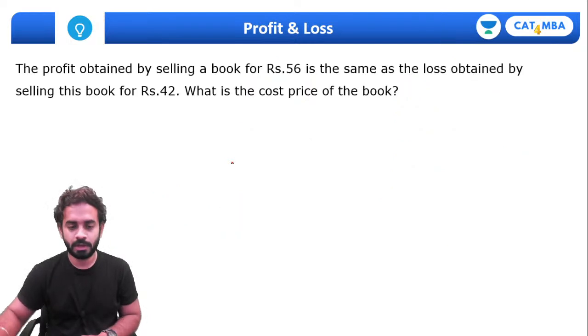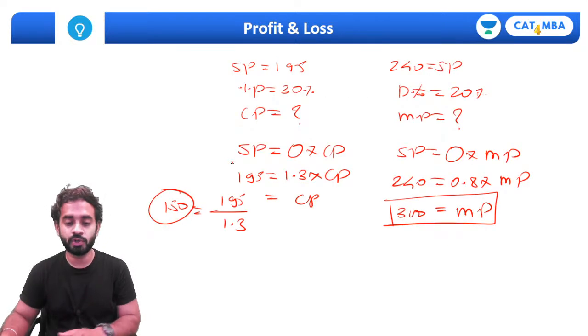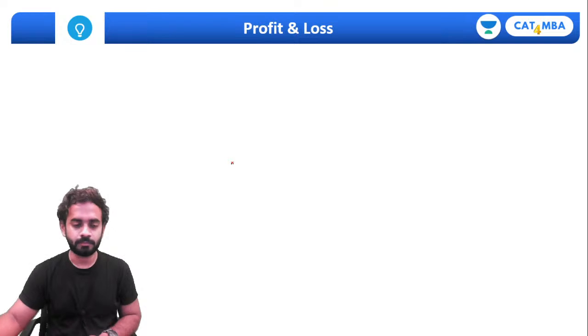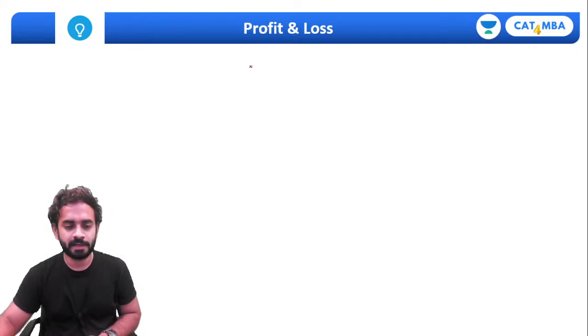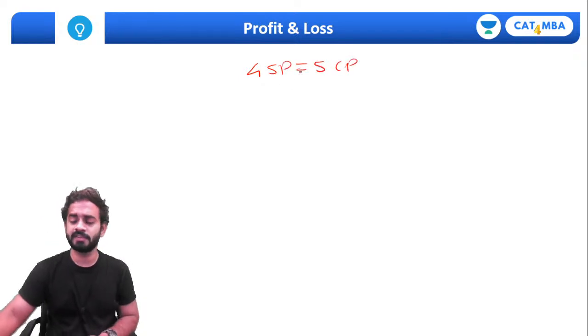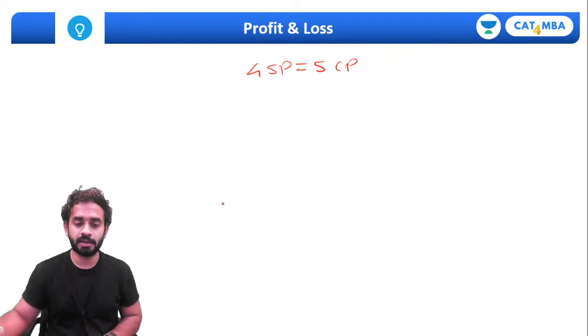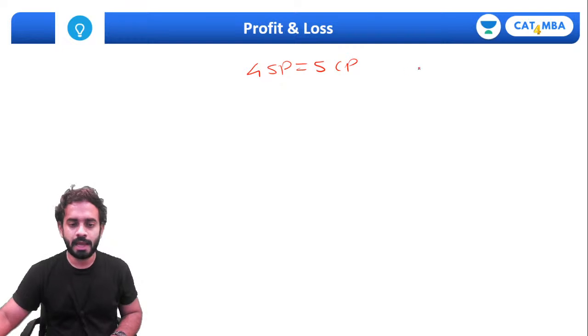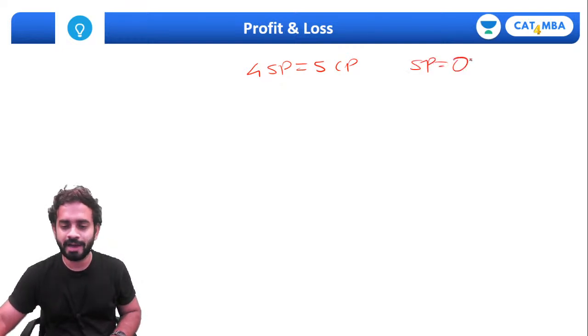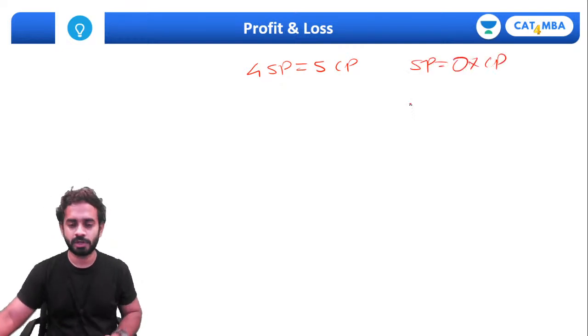Okay, now I'll just explain how to use this again. If I say 4 SP is equal to 5 CP, means selling price of, let's say, 4 articles is equal to cost price of 5 articles, then what will be my profit or loss percentage? So how can we find it out? As I have explained earlier, SP is equal to factor into CP. This is my equation, right? And if I want to find the profit and loss, the entire factor should be with,